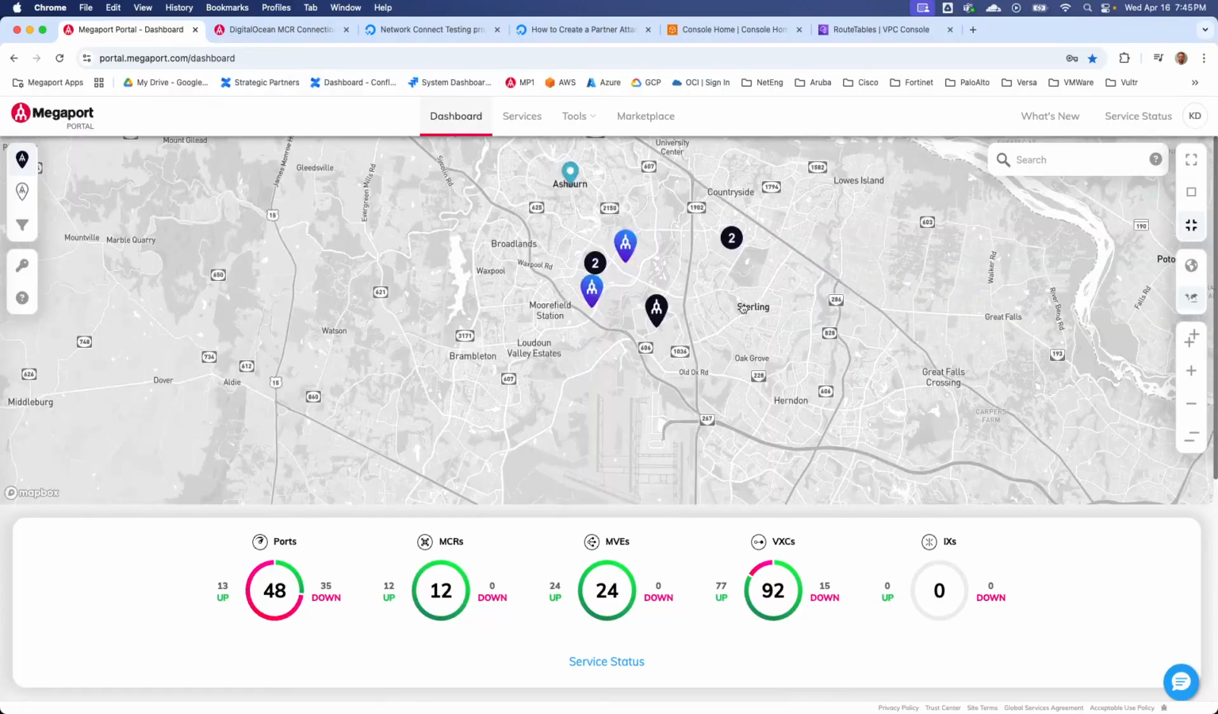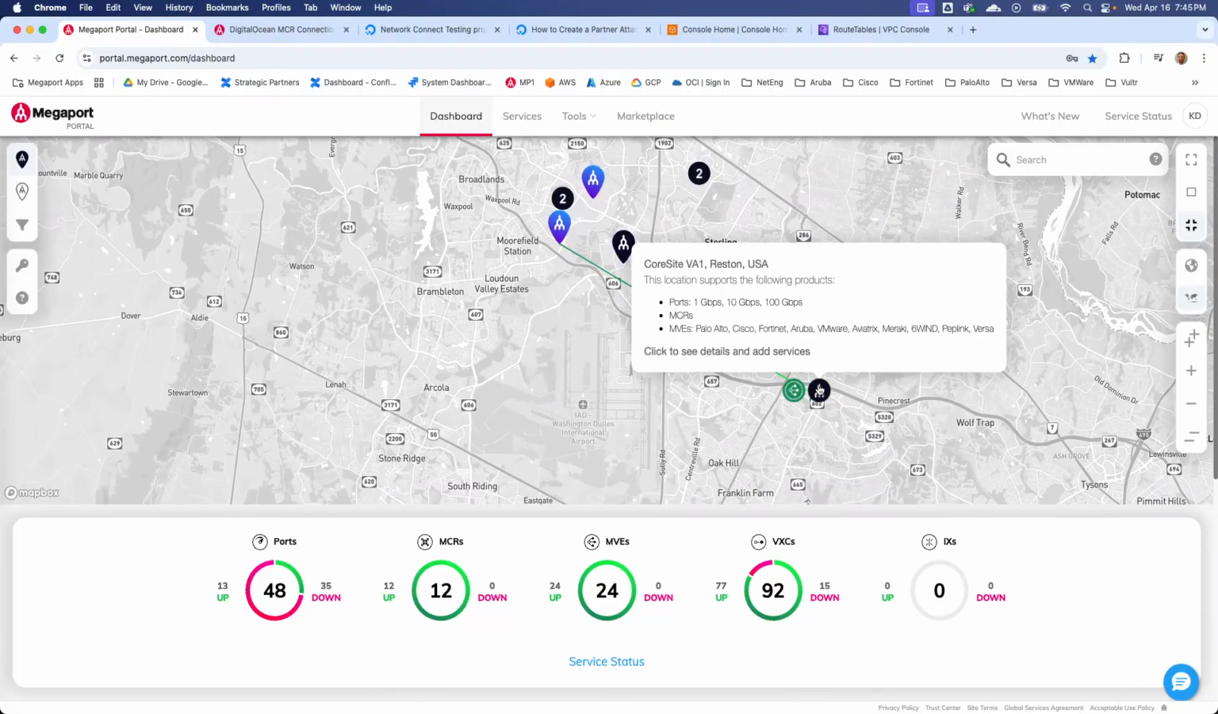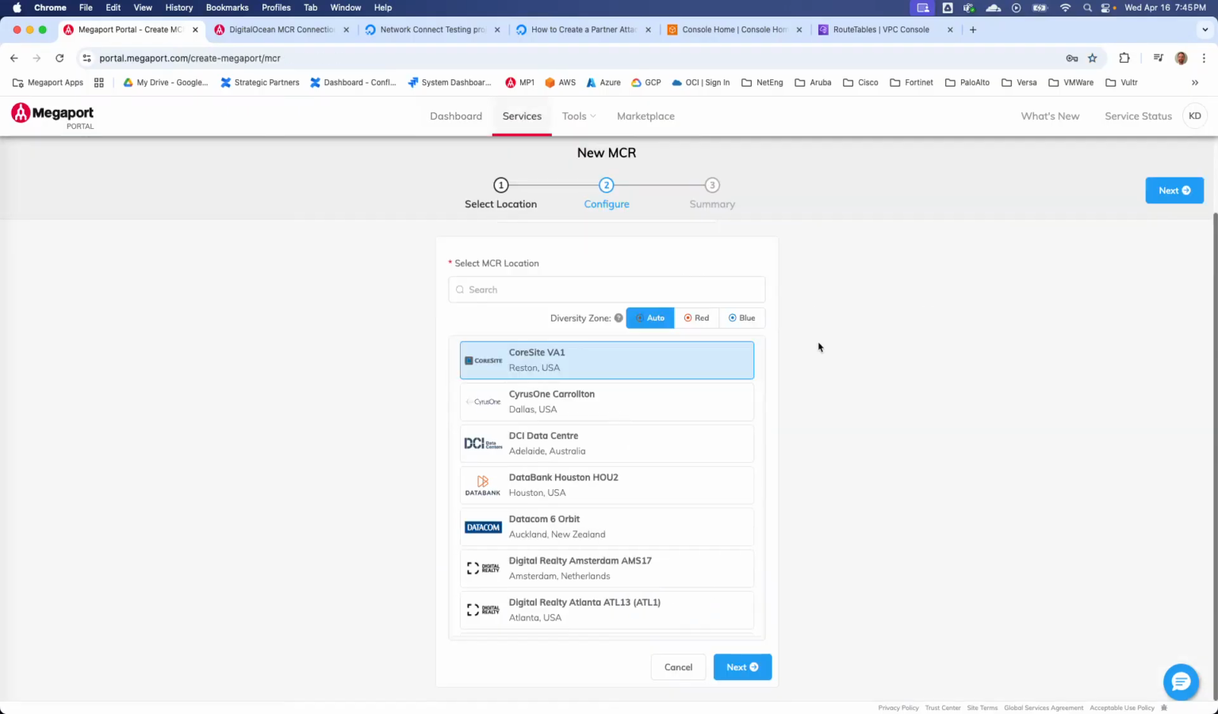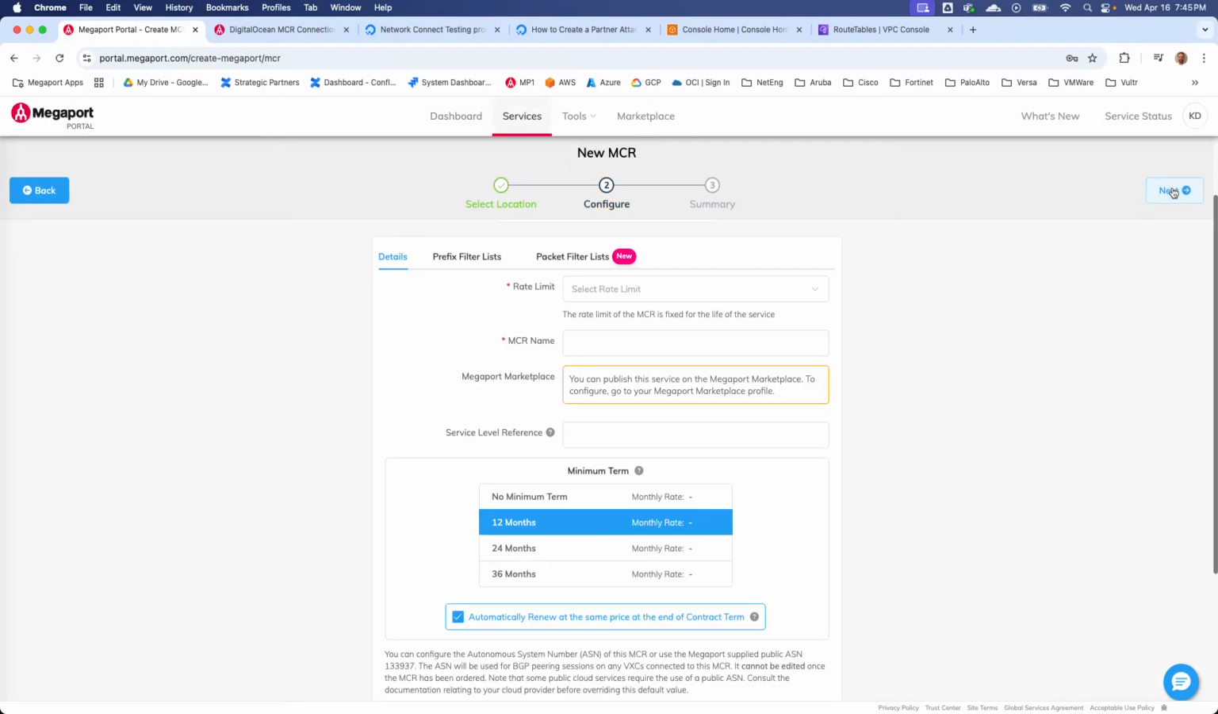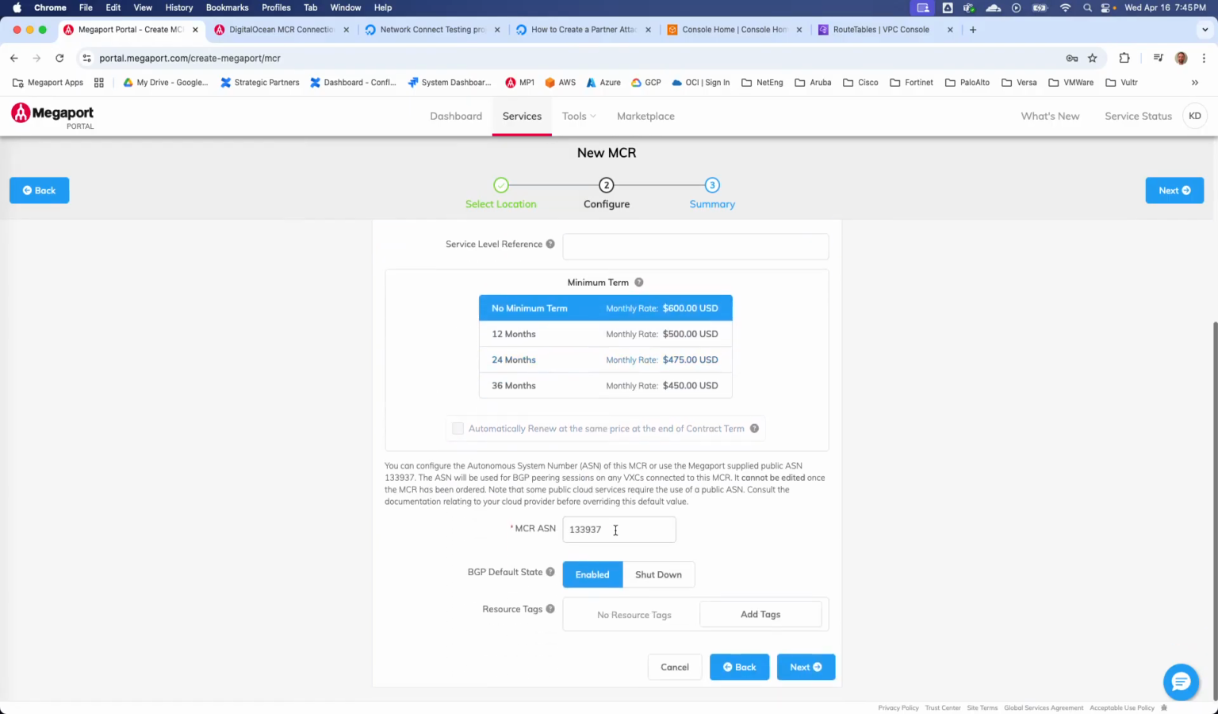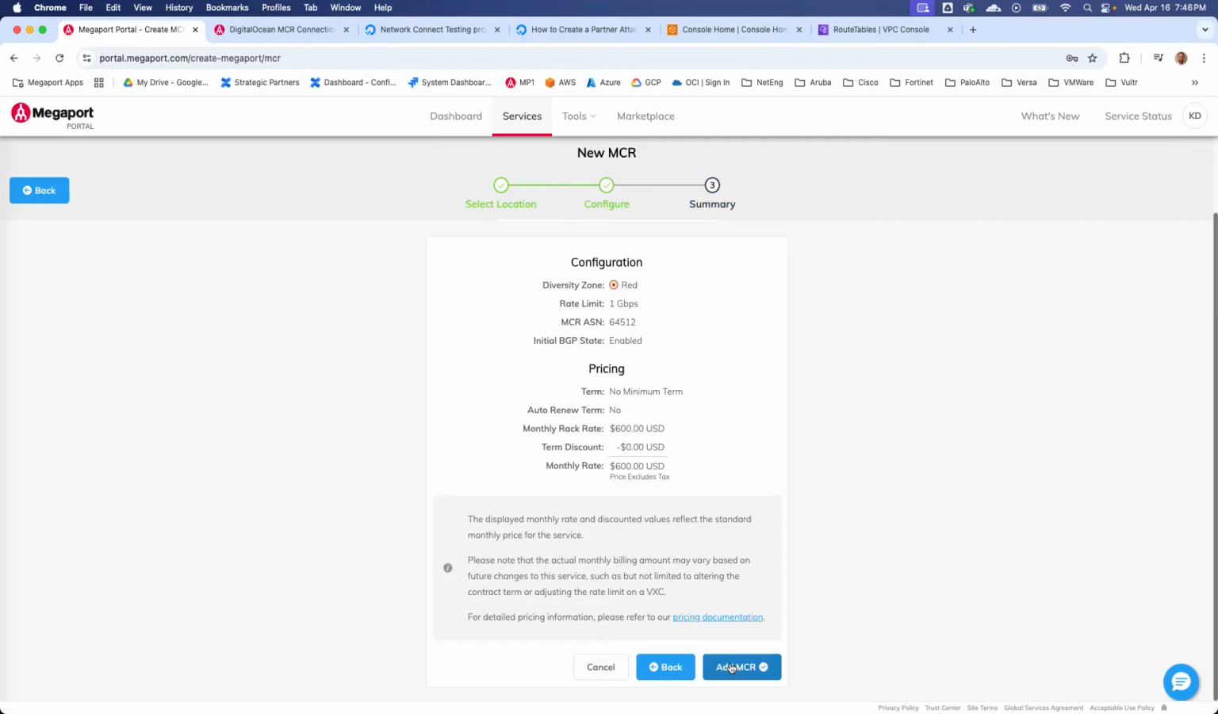and that'll bring me into some data center locations where I can choose to create an MCR at core site VA1. Then I'm going to select the throughput capabilities of my MCR, anywhere from 1 to 100 gigabits per second. For the demo, I'm going to choose 1 gig, and I'm going to give the MCR a name, set my billing term, and assign a private AS number for my BGP peering. I could use the default provided by Megaport. I'm going to choose next,